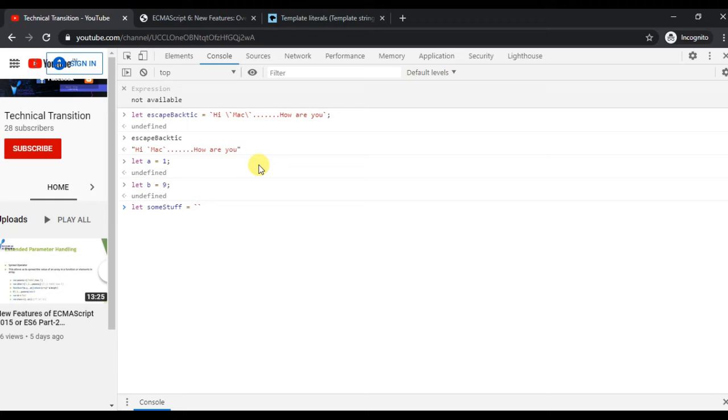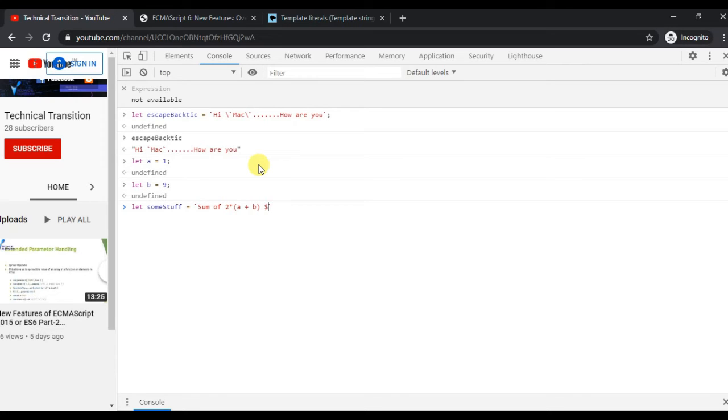Sum equal to sum of a plus b, and I am just multiplying it with 2. So how can we achieve this expression inside a template literal? Let's see.